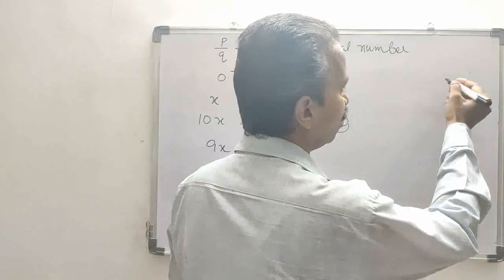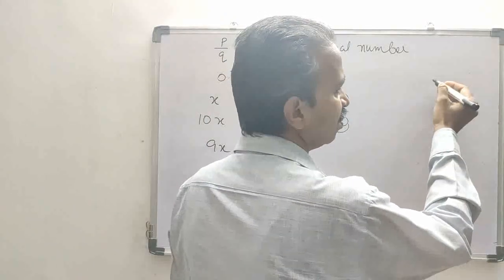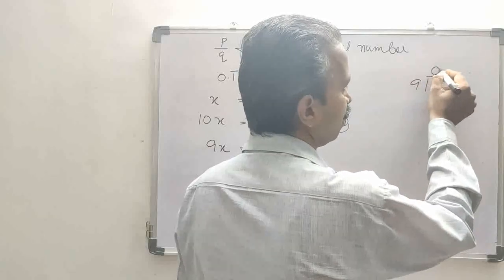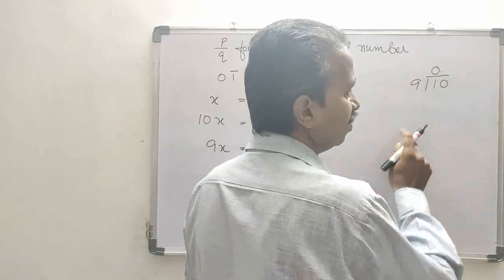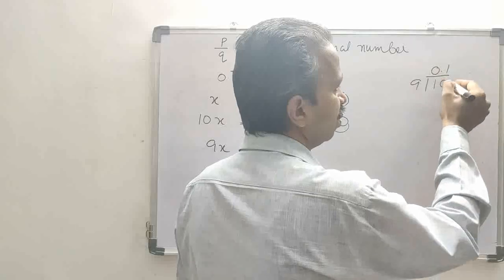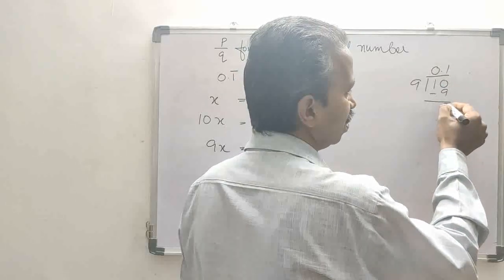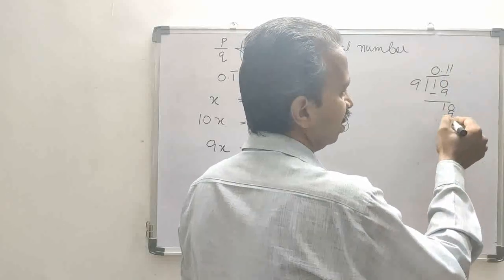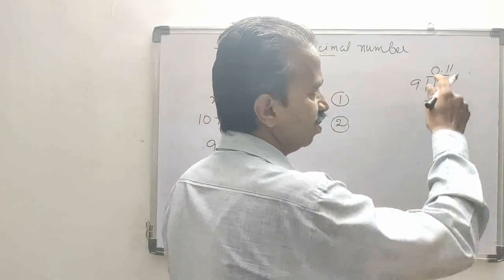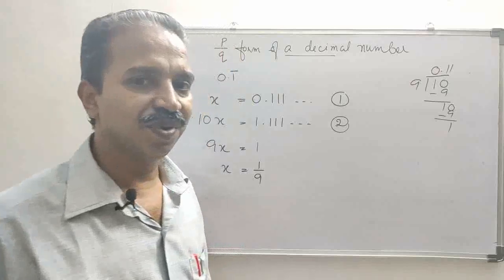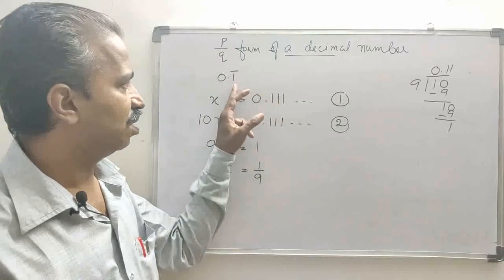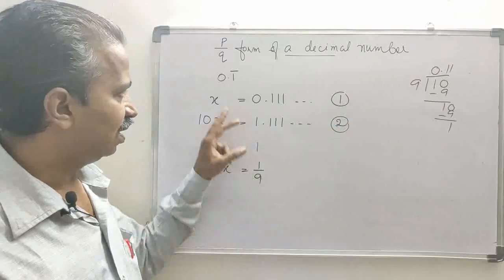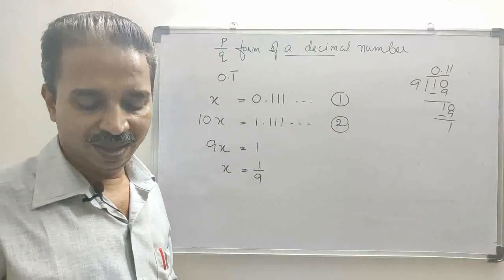Let us see whether it is right or not. 1 upon 9, how will you convert it into decimal form? By dividing 1 by 9. So 0. We get 10 here, we take 10 here. 9 ones are 9, when you subtract we get 1, so it again becomes 10. 9 ones are 9, again we get 1, so in the quotient we get 0.111 etc. that is the same as 0.1 bar. So this 1 upon 9 is equal to 0.1 bar.